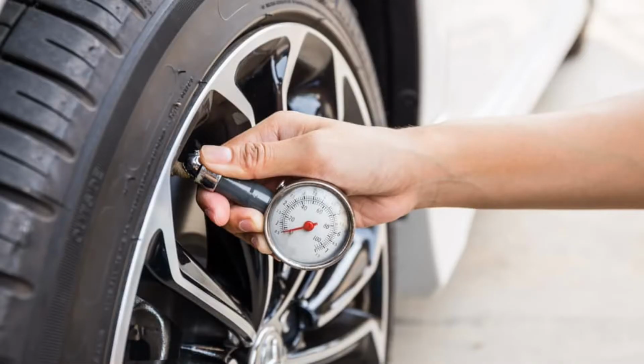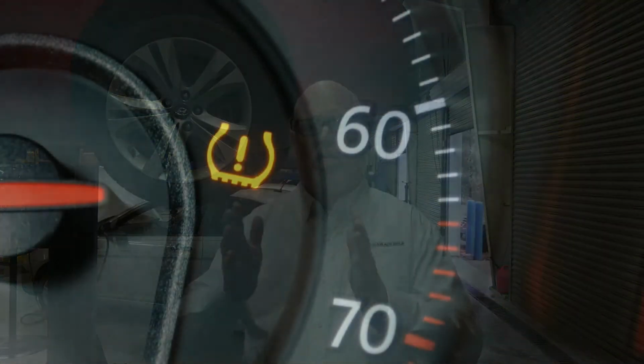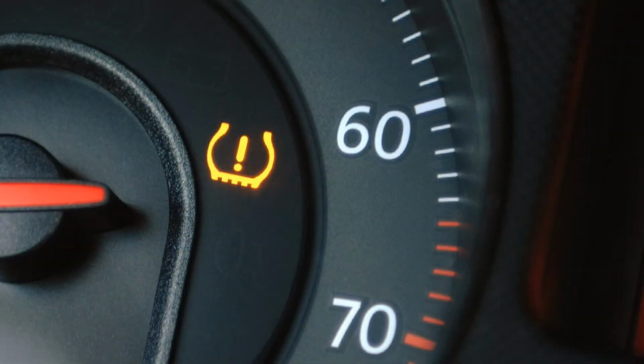Today I'd like to talk to you about the importance of keeping your tires properly inflated. Unfortunately, tires are something that most people don't think about until the tire pressure monitoring system has an indication on their dashboard. And that little symbol looks like a kind of deflated tire or a horseshoe with a little exclamation point inside of it. Whenever that light comes on or begins to flash, you'll know that one of your tires has about 5 pounds per square inch or PSI of pressure, either less or more than should be recommended by